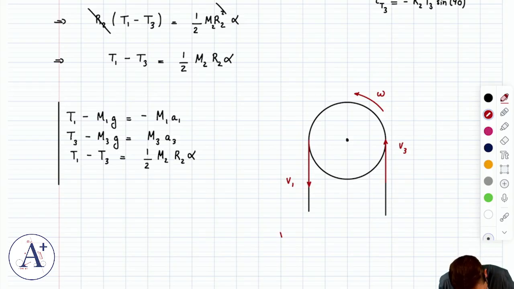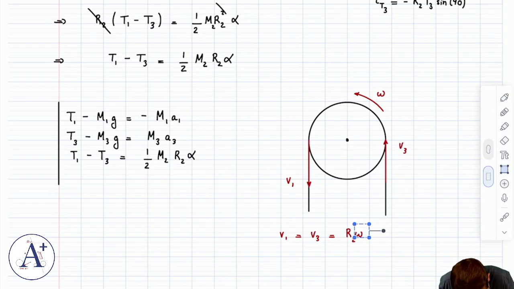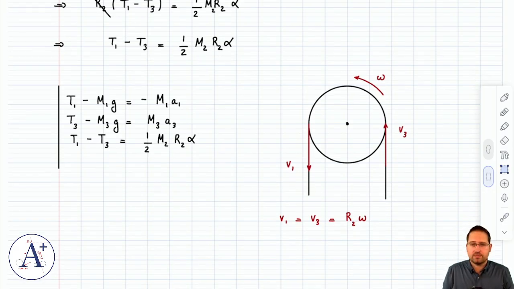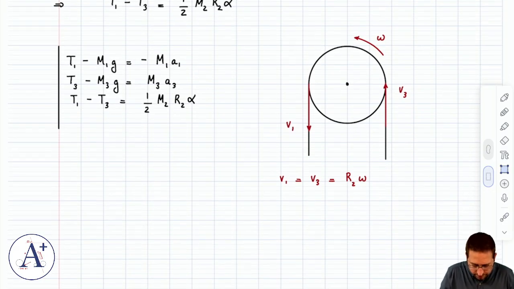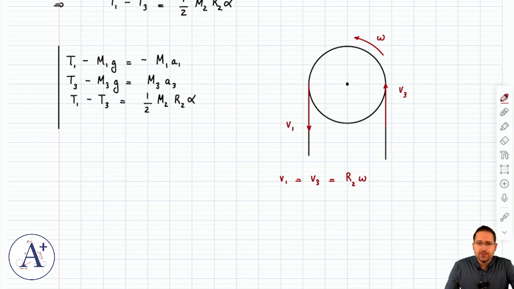And it turns out that V1 is going to be equal to V3, which is going to be equal to R2 times omega. Okay, that's the no-slip condition. The no-slip condition, in terms of speeds, doesn't really help us because we have accelerations, but it translates to acceleration as well, because if this is true at all times for velocity or speed, then it has to be true for acceleration. It has to be that A1 is going to be A3 is going to be R2